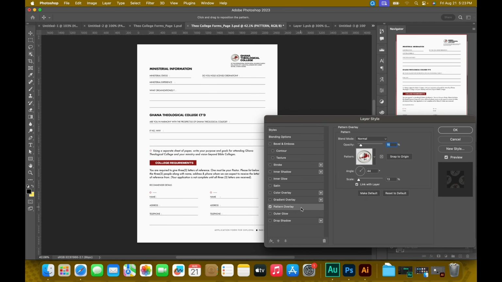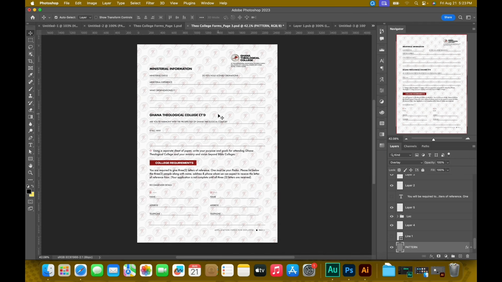Okay, and since we have already selected it, it is going to come back. Some of you might be cool with this for your inner application layers, but if you want to format it, you can group it once again and then use the layer mask to play around with it. Let's say you add the layer mask like so, or even before you add the layer mask,